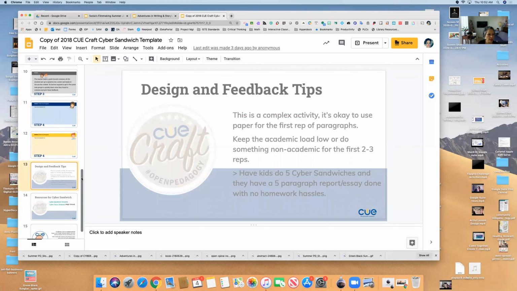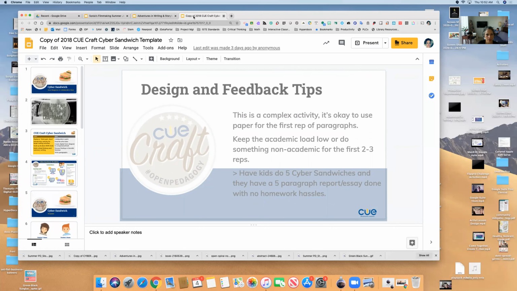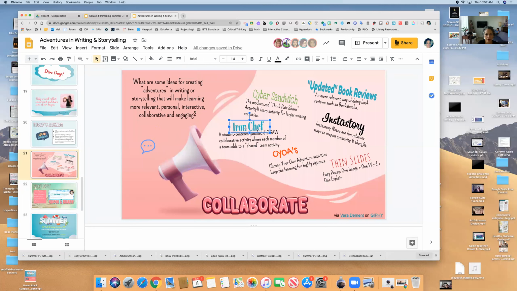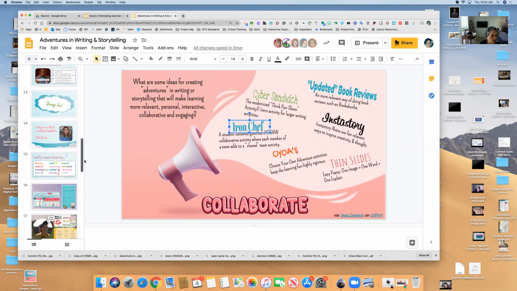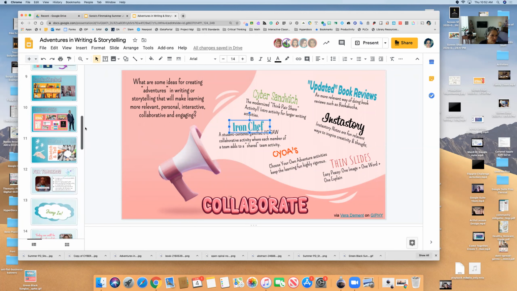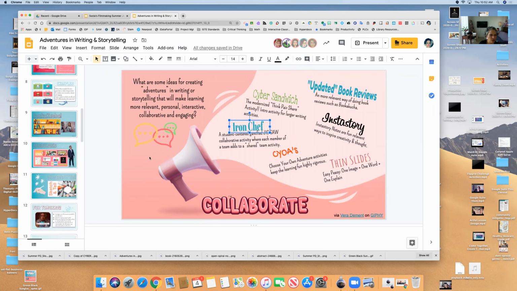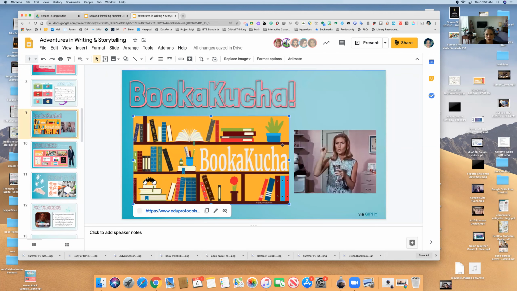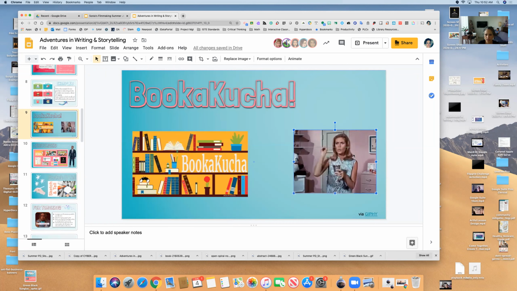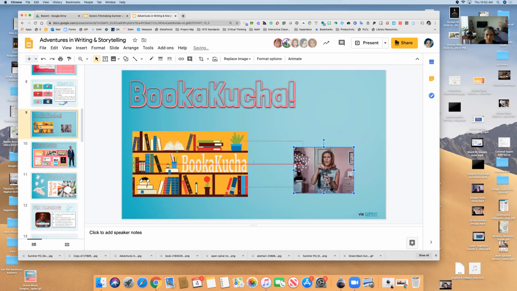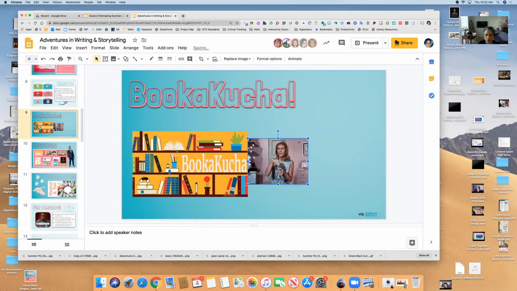So I really like this activity, so I wanted to make sure you had a copy of the Iron Chef activity. And so what I'm probably going to do is up here, just so that when you come back to this resource, you know where to find it. I'm going to add it to the Bukakucha area. So I'll probably just make this smaller, and I'm going to put the Bukakucha here and then the Iron Chef on this side. So I'll redesign this slide a little bit so that you can find that resource here easily, okay?